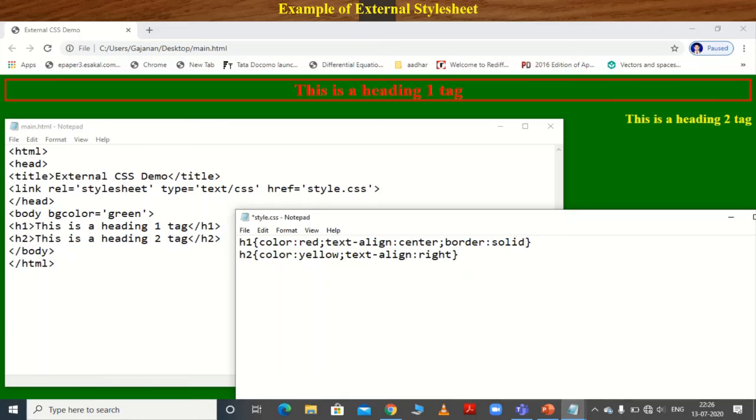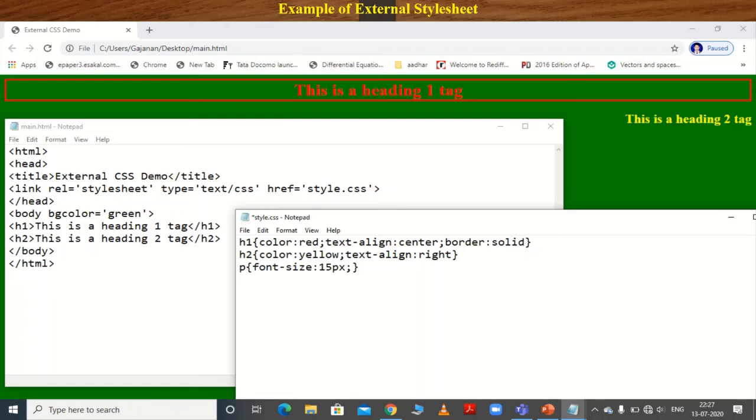Then suppose I want to add one paragraph here, paragraph tag, okay. Then font size is equal to, suppose 15 pixels, and semicolon. Instead of equal to, use a colon, okay, 15 pixels.